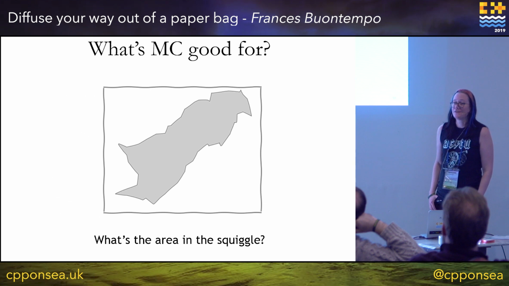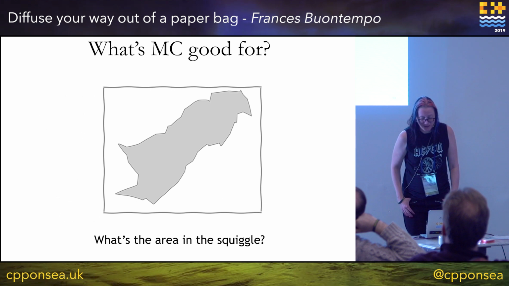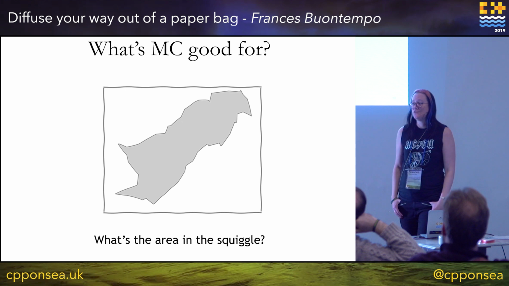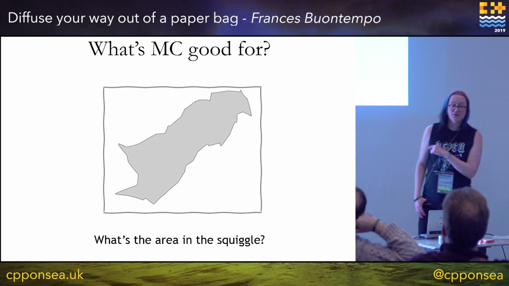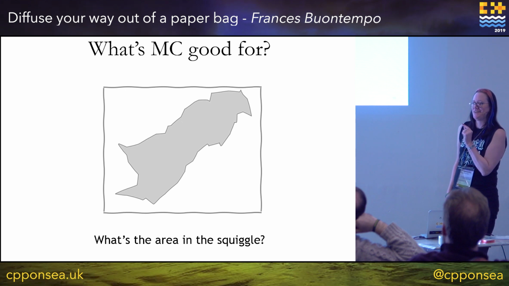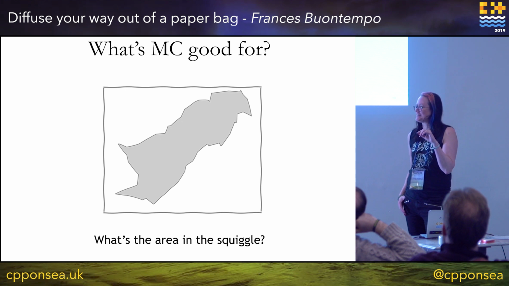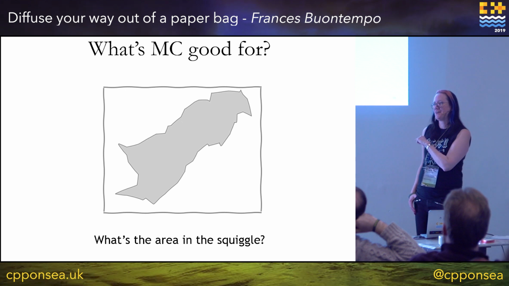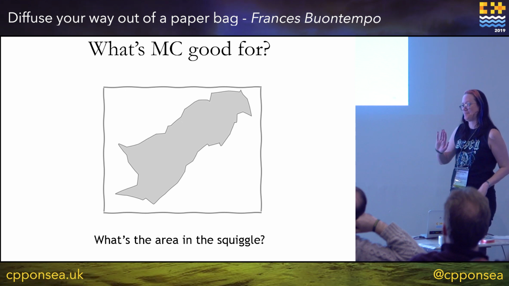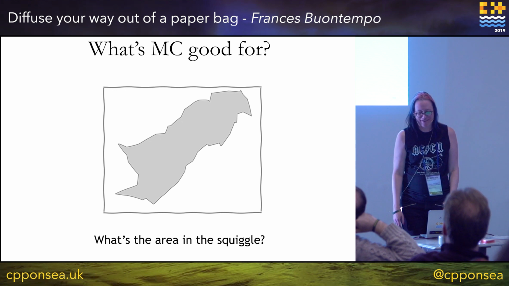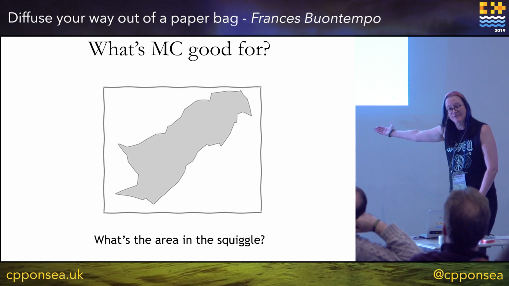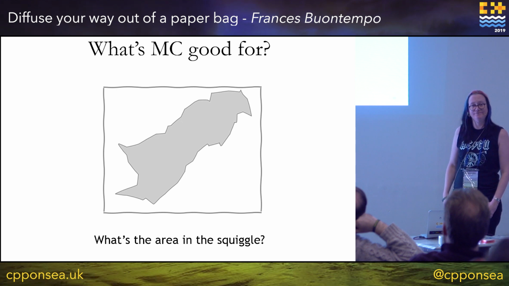What do we use Monte Carlo simulations for? Well, suppose you had a hand-drawn squiggle. You might observe this squiggle isn't actually hand-drawn. I've drawn this in Python using the XKCD style plots in Matplotlib. It took hours to try and make a curve look hand-drawn programmatically, but that's another problem that we don't need to talk about today. What's the area of this squiggle?